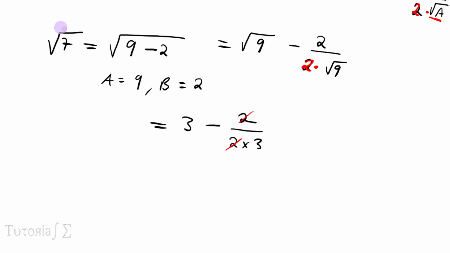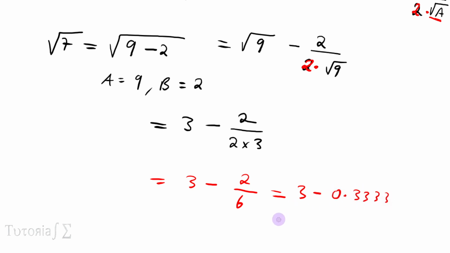Or you could just say this is the same thing as 3 minus 2 divided by 6, which simplifies to 1 over 3 anyway. So you can take 6 into that. So this would give you 3 minus